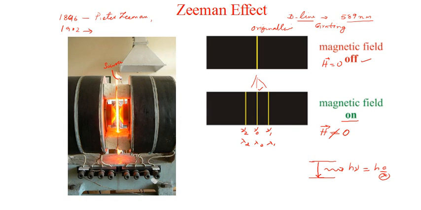You can see that the sodium lamp has been kept intact, and you can see two pole pieces kept very close by. These are the north and south poles of a strong electromagnet. Maybe you remember electromagnets are usually represented by such diagrams in most textbooks. One has polarity north, the other south, and there is a magnetic field in between, where we keep the source.